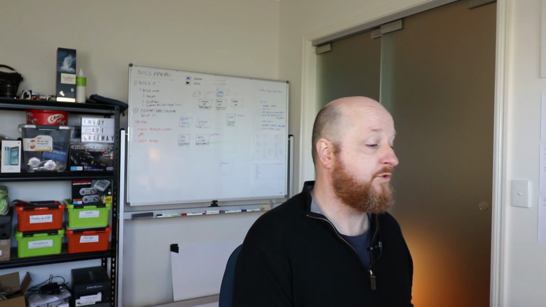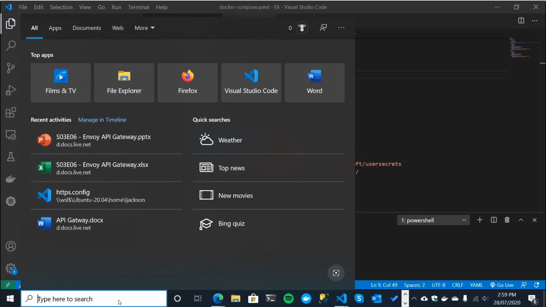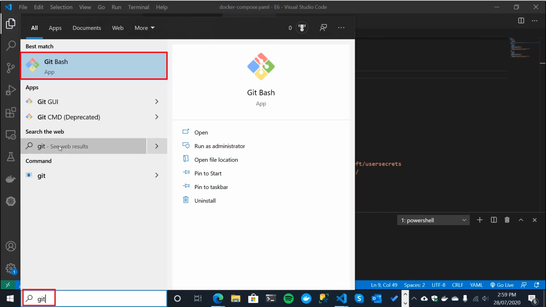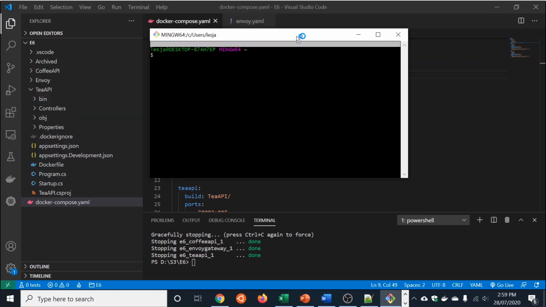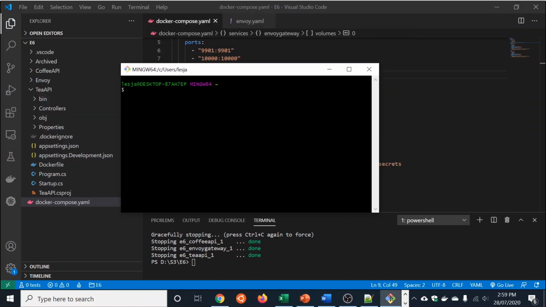So for the Windows users out there, you've got a couple of options. If you have Git Bash installed, which will more than likely be installed when you installed Git, and if you accepted the install defaults, you will have OpenSSL installed.